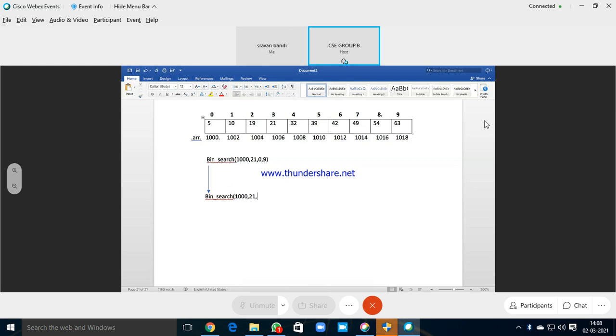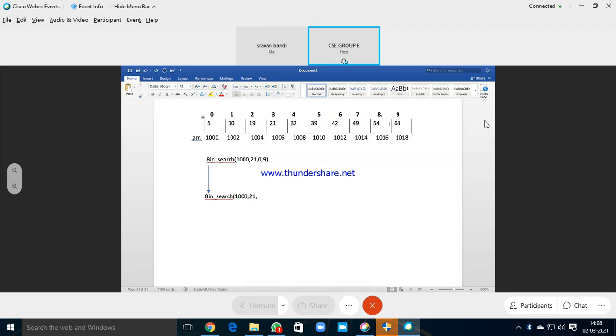So a of 4 is 32. Okay, 32 is compared with what? The element to be searched, which is 21. 21 is less than 32. So what should be considered?